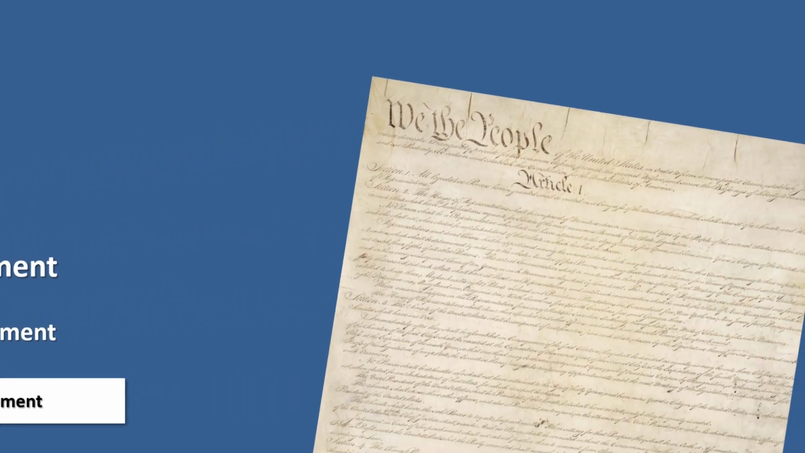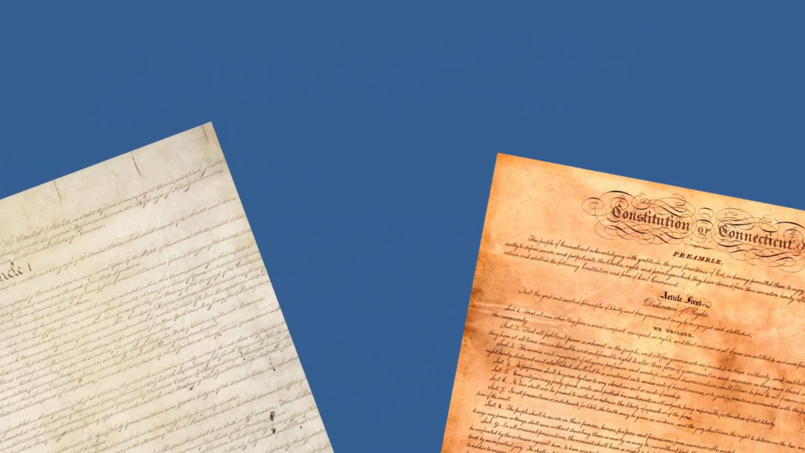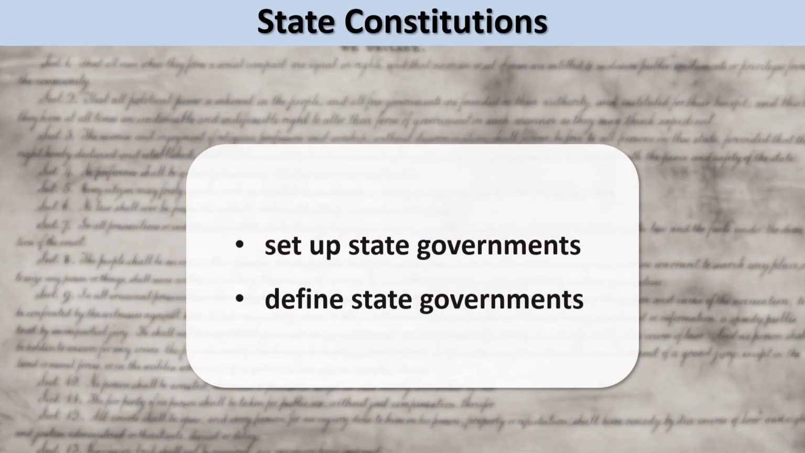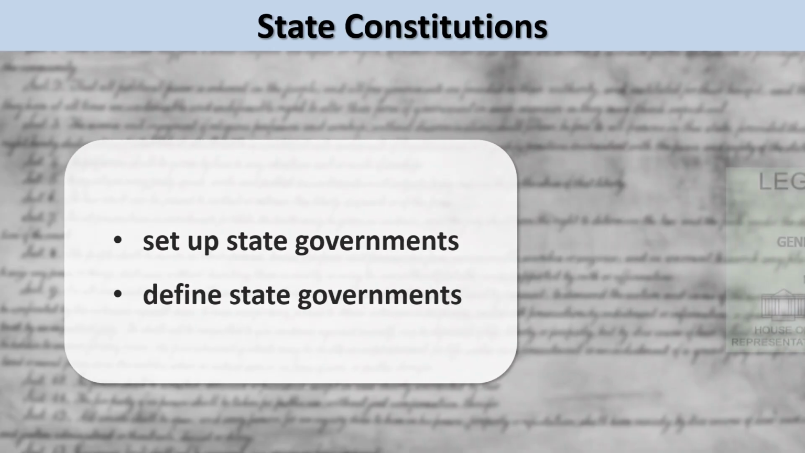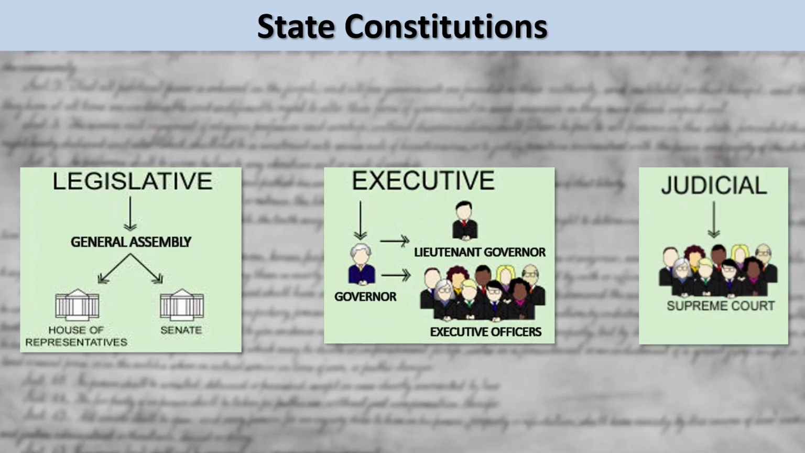Just as the United States as a whole has a constitution that sets up the national government and serves as the supreme law of the land, each individual U.S. state has a state constitution. State constitutions set up and define state governments. While there are many differences among state constitutions, all 50 state governments are divided into the same three branches we see in federal government. As defined by the state constitutions, each state government has a legislative branch, an executive branch,